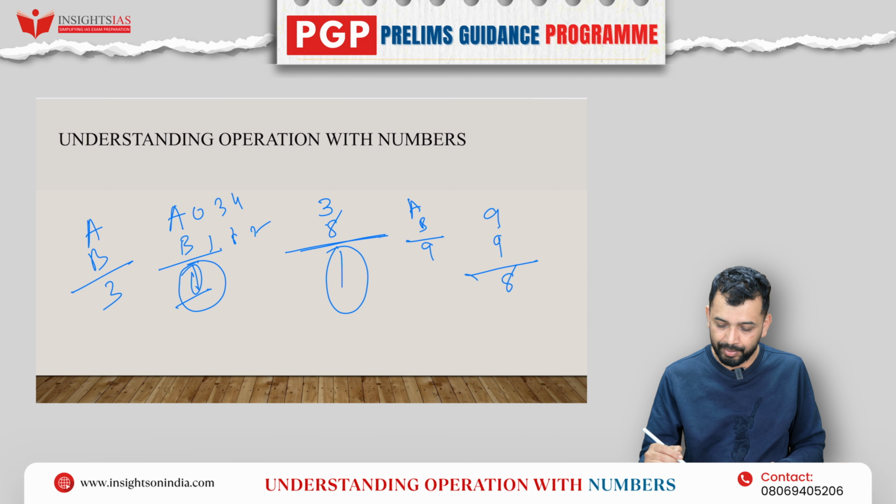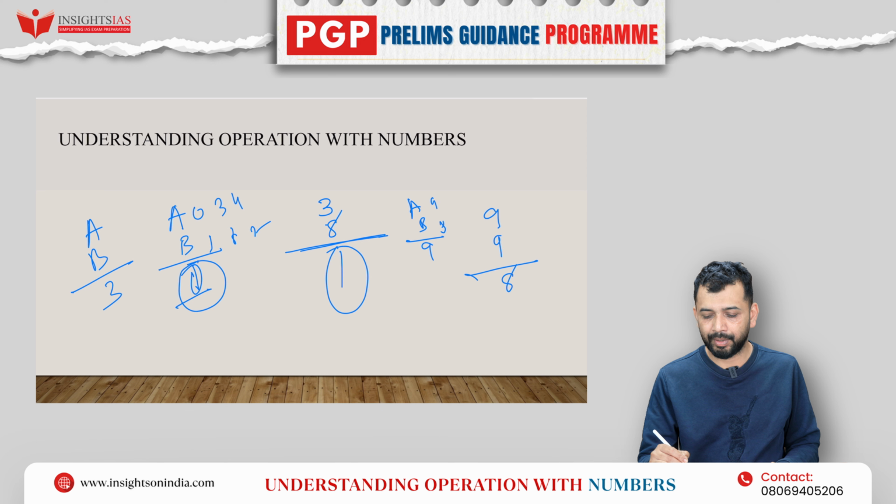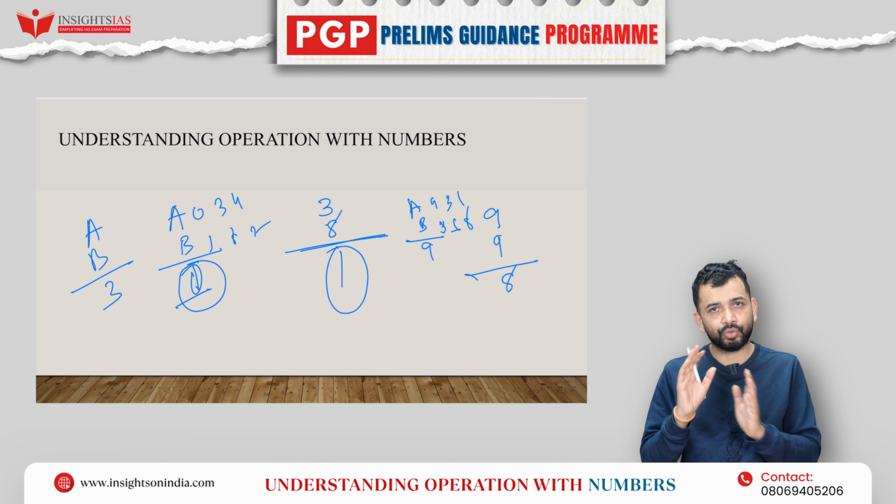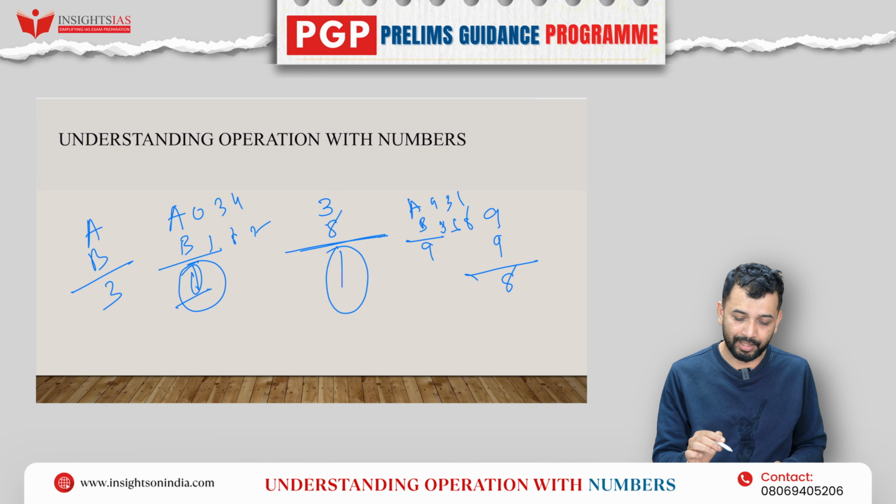So A and B can be 4 and 5, or A and B can be 3 and 6, or 1 and 8, whatever it may be. But it will never be 19. So you should consider the cases in a similar manner. Now similarly, if I look at